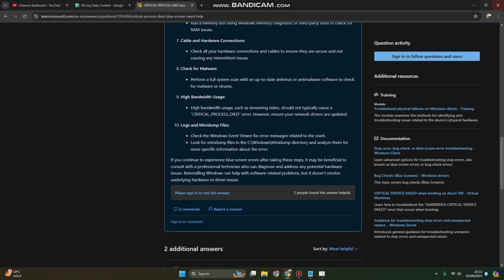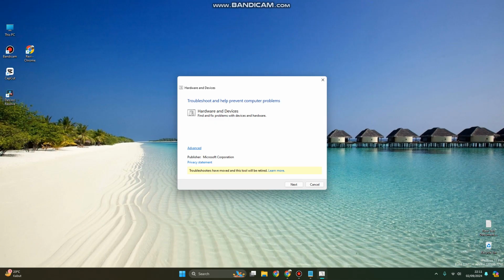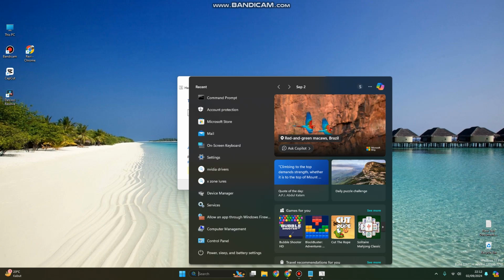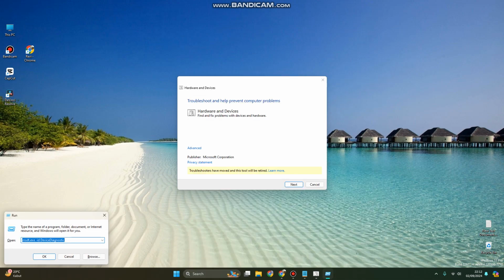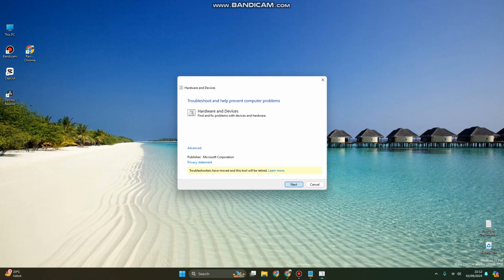And also you can open this troubleshooter to help prevent computer problems. You can go to the Windows Run, and you can type the text exactly like this: msdt.exe space -id space DeviceDiagnostic. Here you can click next and wait for the